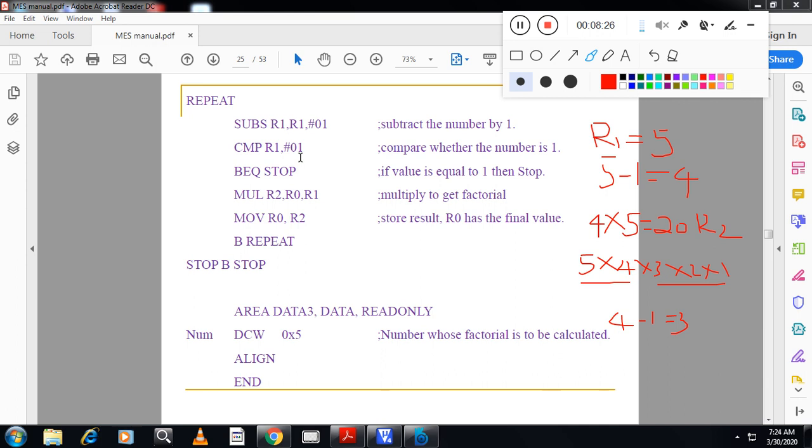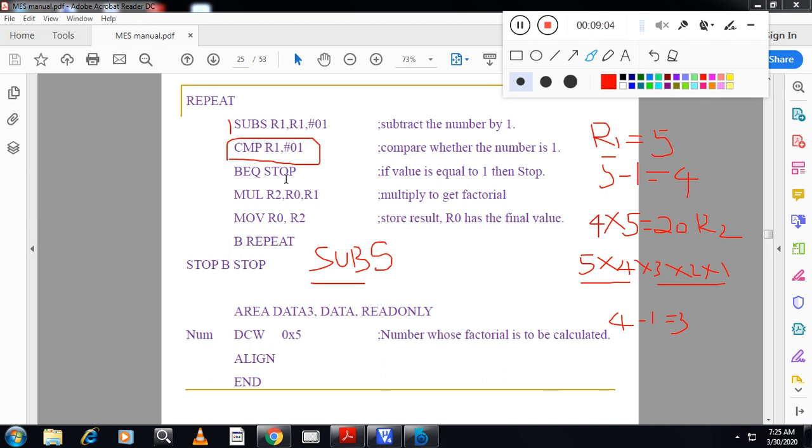Remember here, please remember, you see the instruction SUBS. What is SUBS? There is a difference between instruction SUB and SUBS. SUB will only subtract, it will not update the flags. SUBS will update the flags. So, followed by this instruction, we have one more instruction, compare instruction. Compare instruction will work on the status of the flag. If you use just SUB, then it will not work. Please remember here. So, you have to use SUBS.